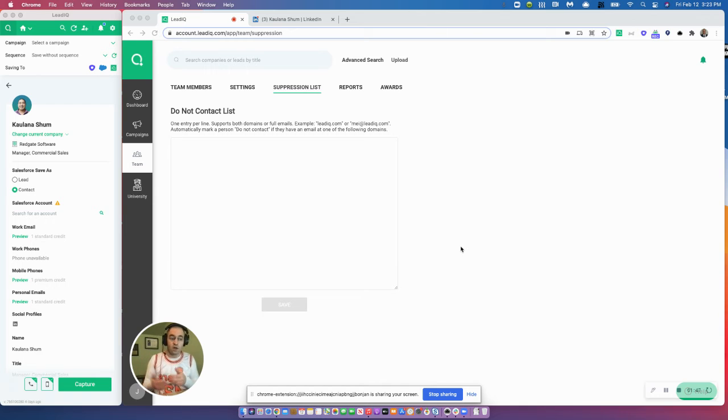And then B, what if they forget to do that? There's room for human error here. What if the rep forgets to do that, or they do check, but they still accidentally somewhere along the line call or email that person? Now they can really get in deep trouble. So those are the two different scenarios. There are lots of different scenarios where stuff like this can come up, where you might have suppression, people that have been opted out of being contacted, but something might happen where the rep might reach out to that person.